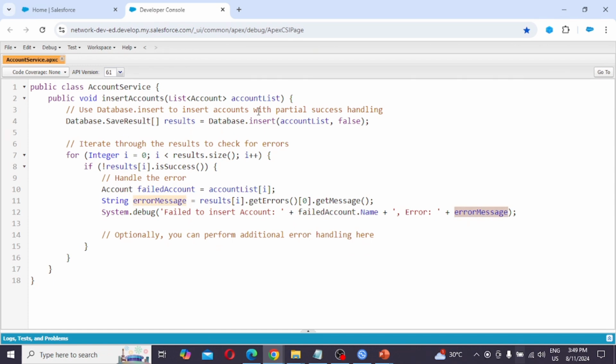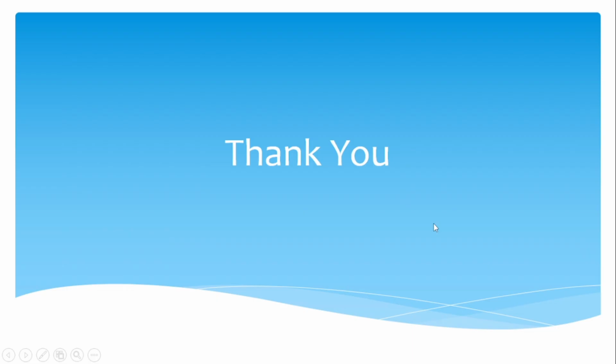So in this we are using Database.insert and Database.SaveResult. Thank you.